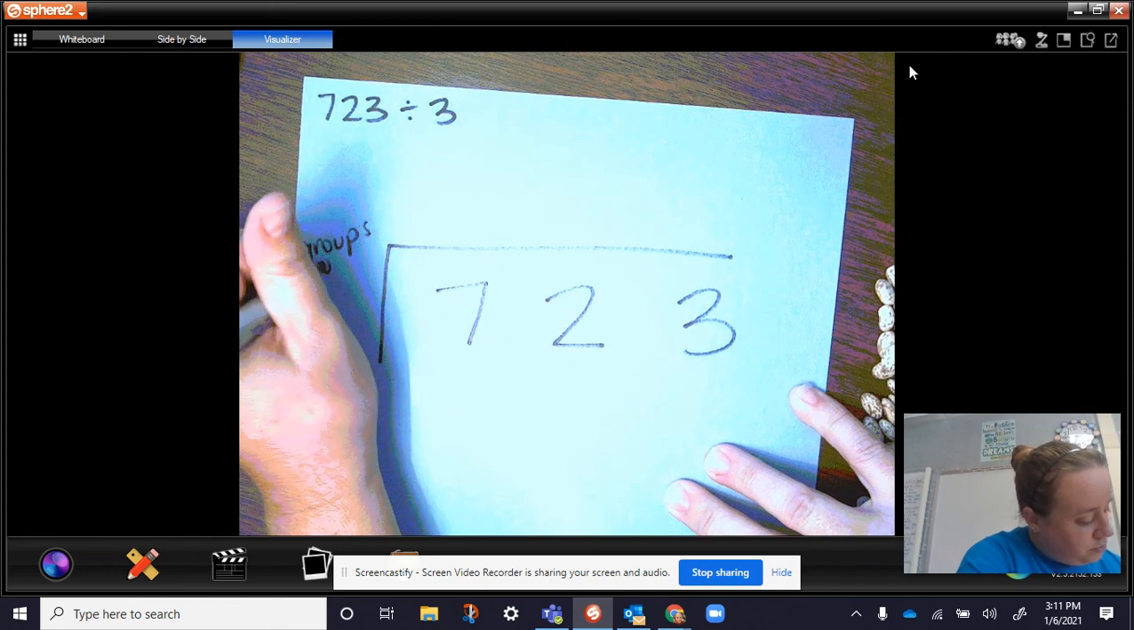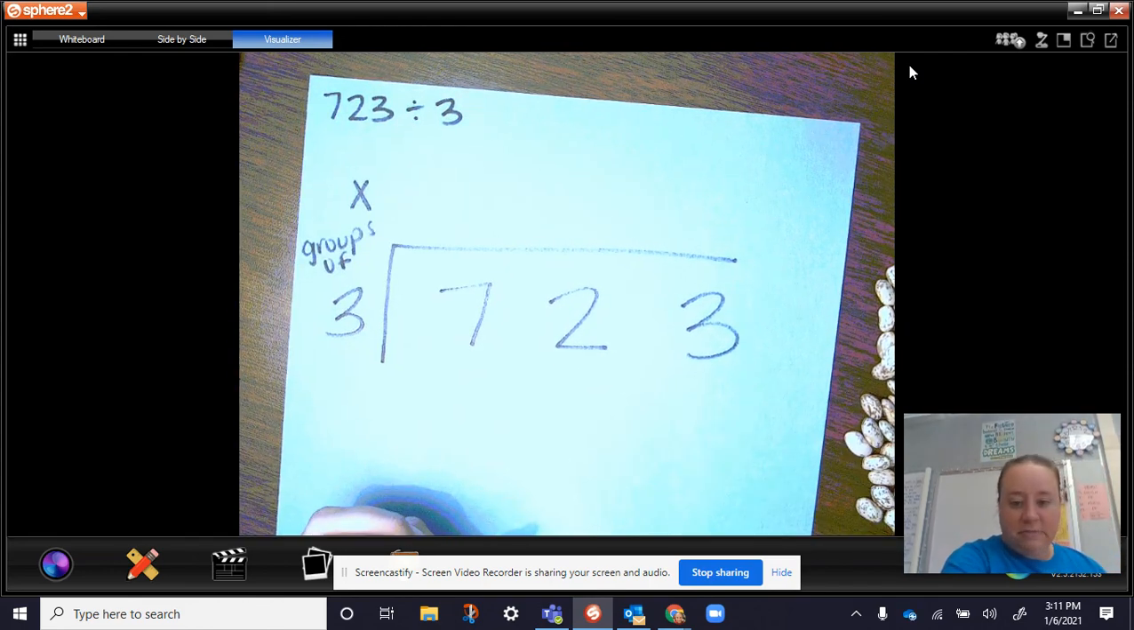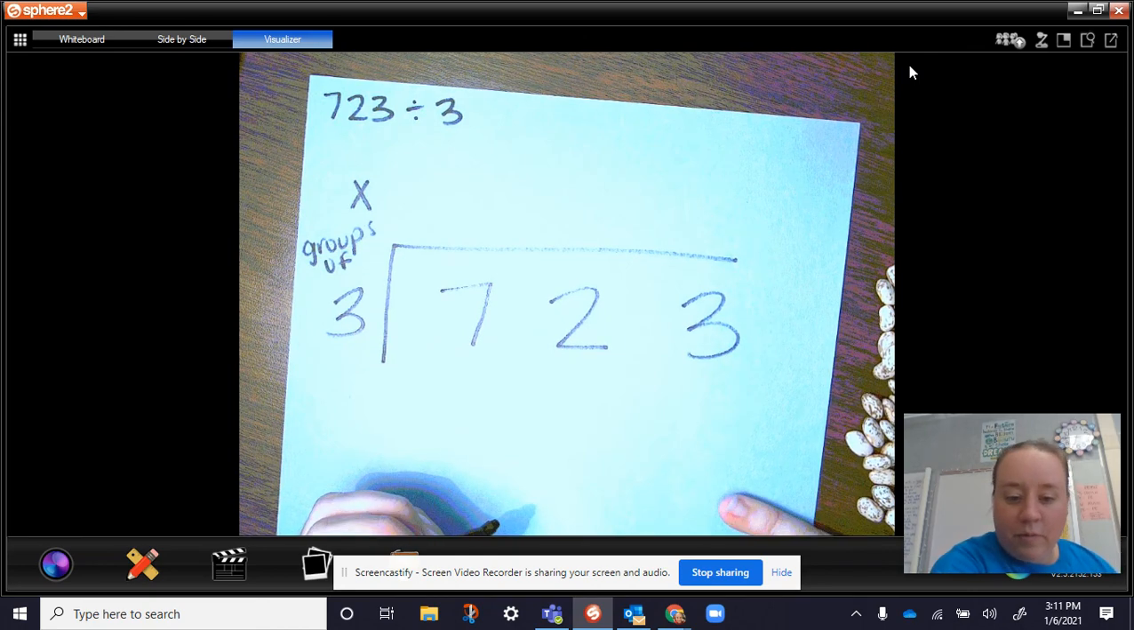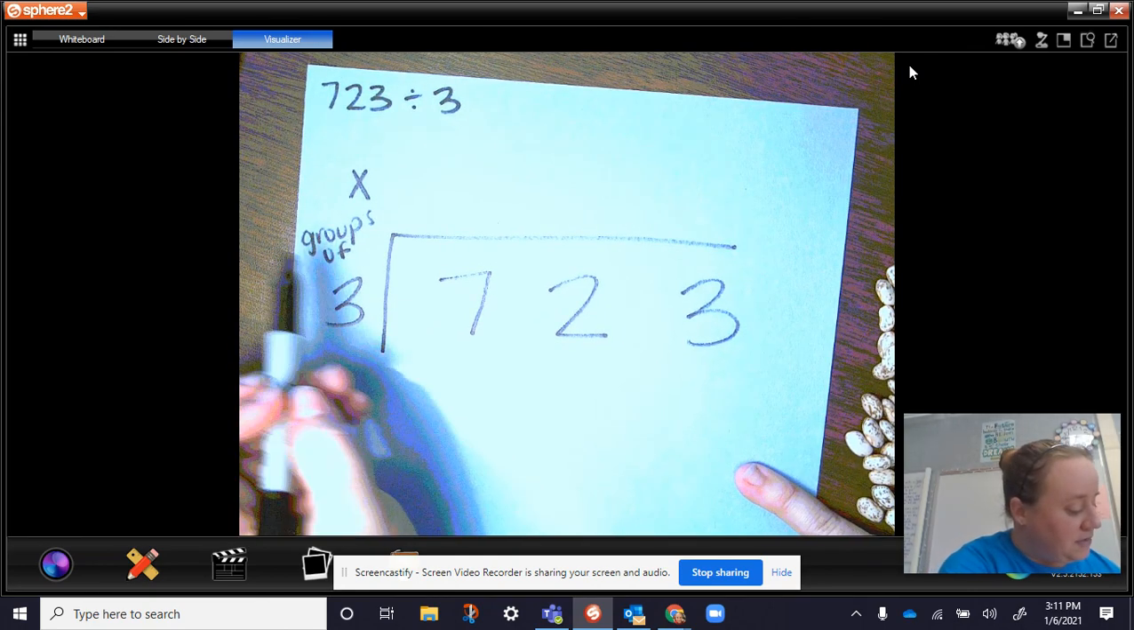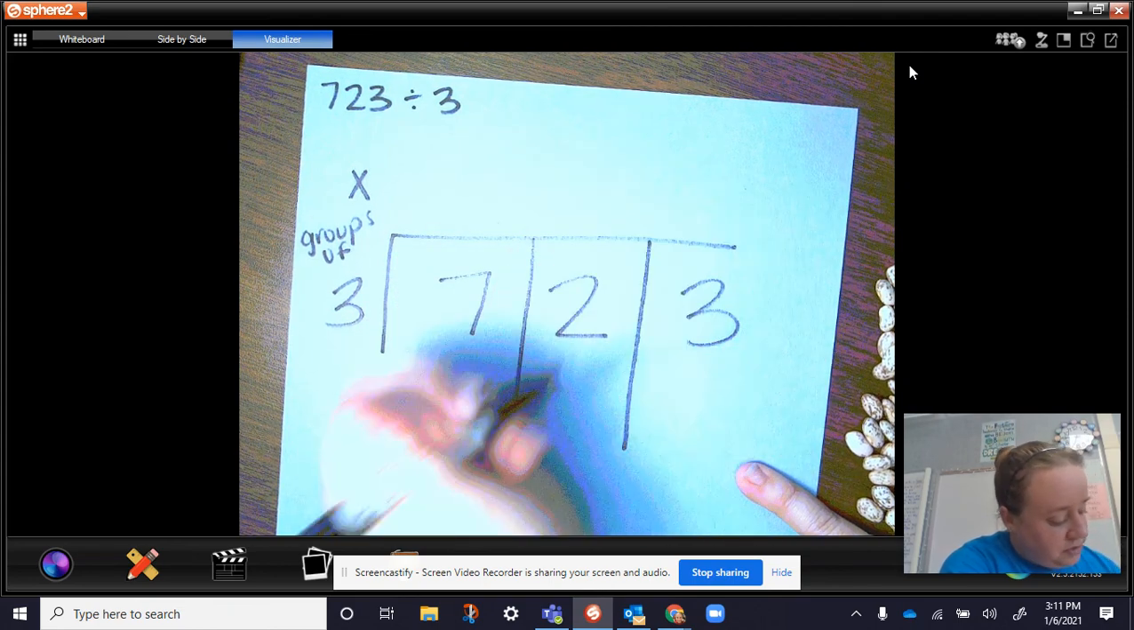All right, so without, we're going to put our numbers back here again. I'm going to write groups of 3. I'm going to put a multiplication symbol there. All right, so now what we're going to do is ask ourselves, let me make my boxes real quick, how many groups of 3